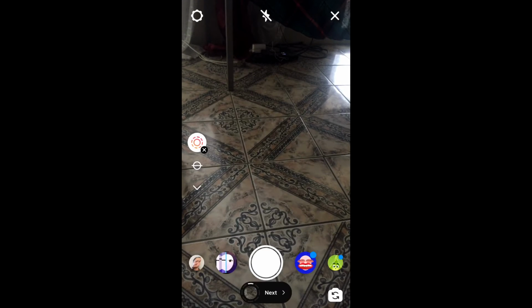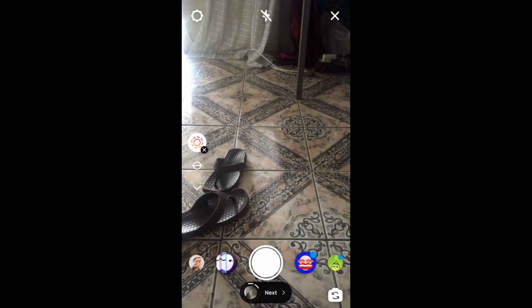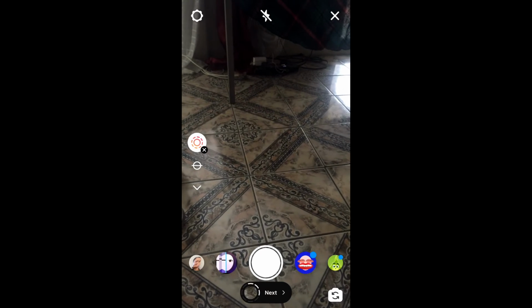Then from there, you simply press the circle and you can see it start taking photos. And it takes multiple photos. And after you've finished taking the photos, you can simply press right below the circle there, next,